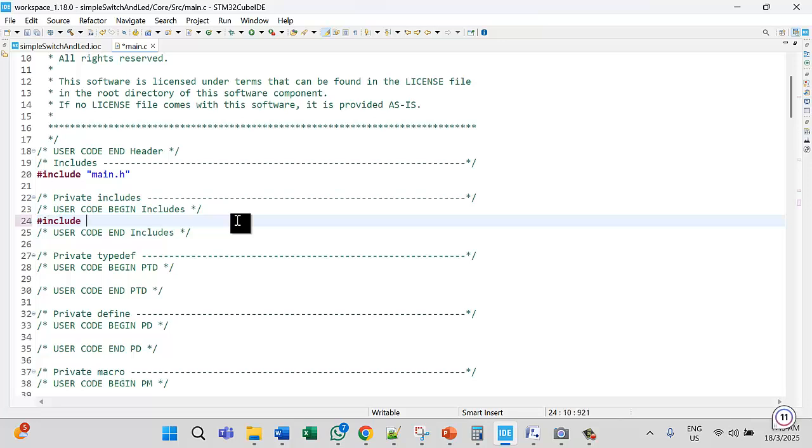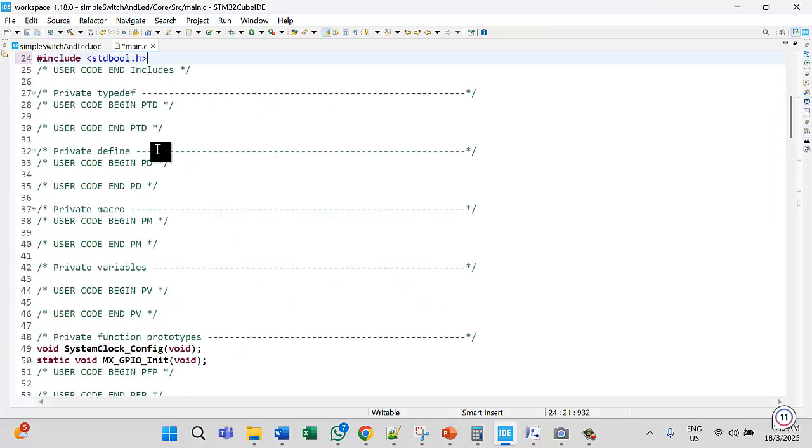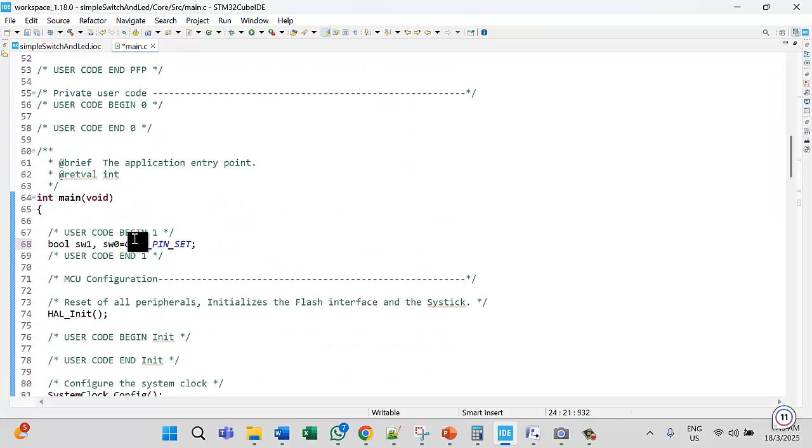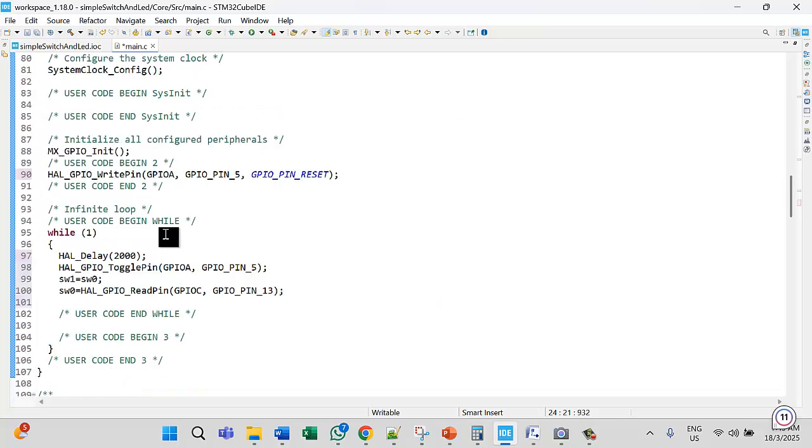In the Inc folder, we include the pointer left and right, then write down stdbool. Okay, so we need to include that preprocessor because we use bool here. Then after that, we compare if SW1 is equal